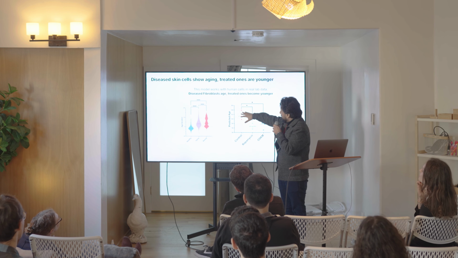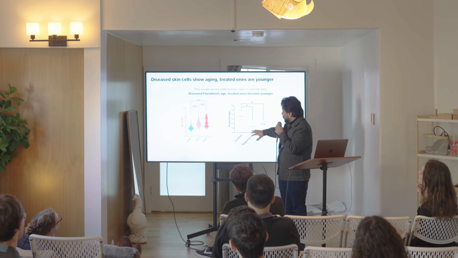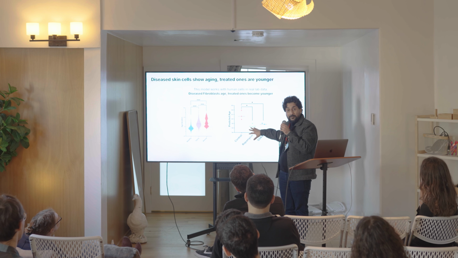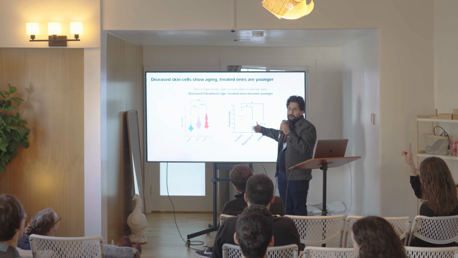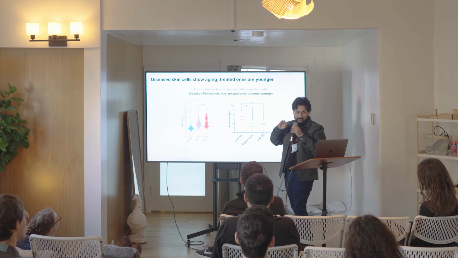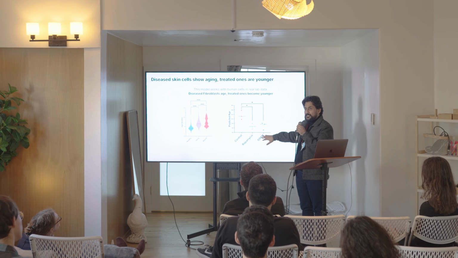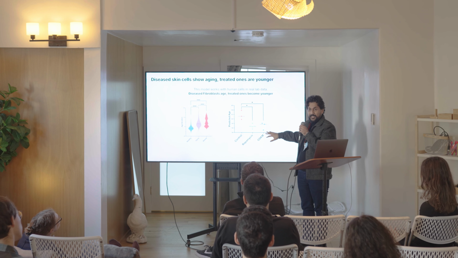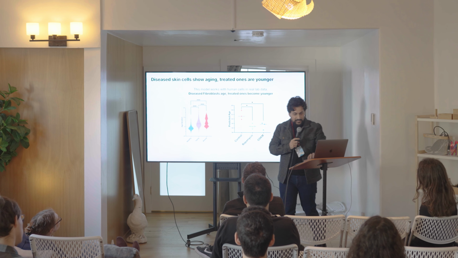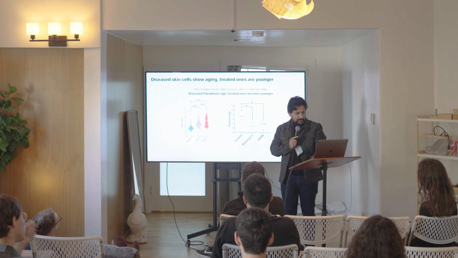But more interestingly, their predicted age goes lower when you put in different types of treatments, like rapamycin, which is a very well-known longevity therapeutic. I'm just wrapping up. And OSKM, which is a type of epigenetic reprogramming, again decreases this age. But all of this is wet lab testing.